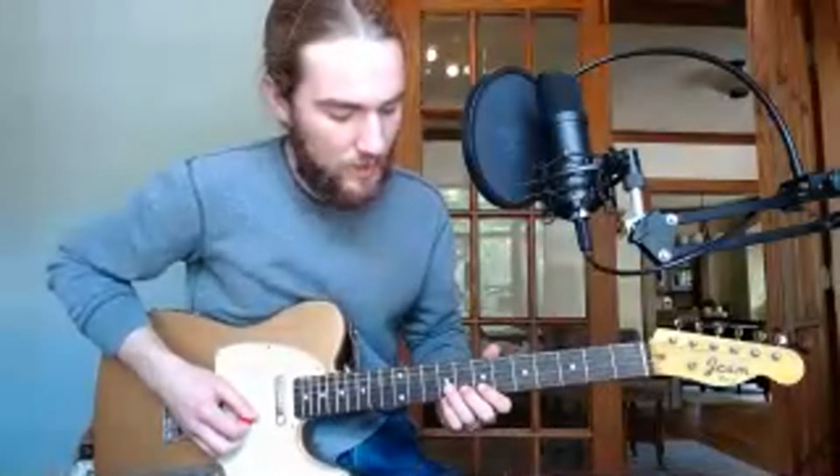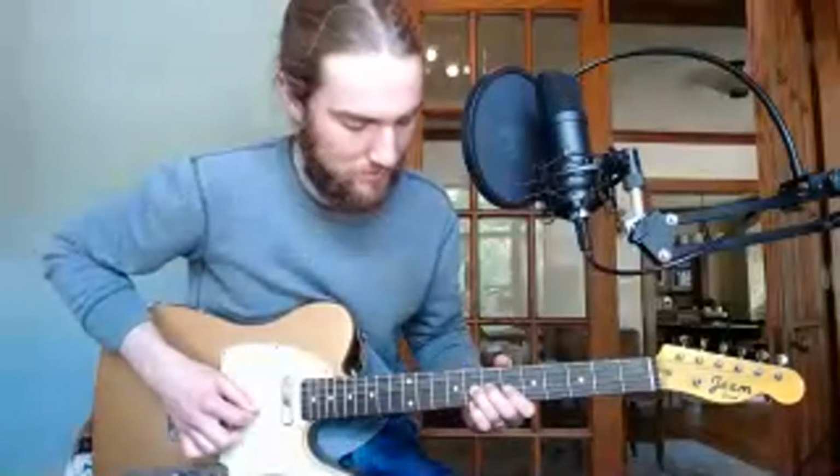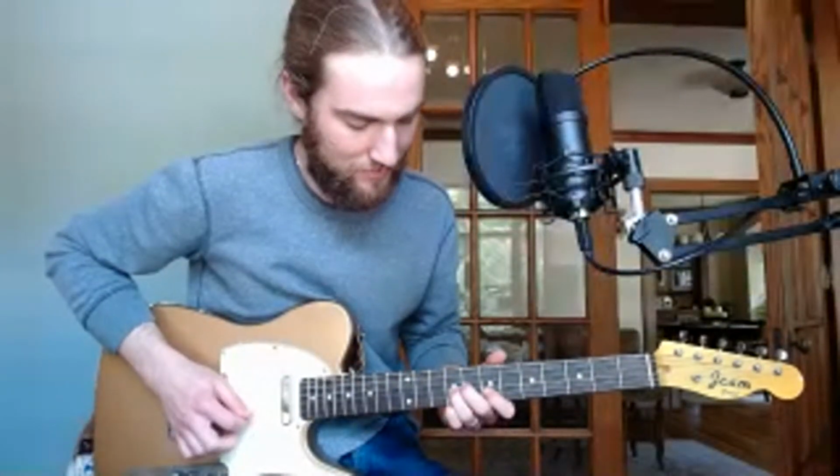One little thing that he'll do on this is he'll play C sharp and F sharp, and then hammer on to the G, like a flat 7 thing. And then into that double stop. So it might go like... right into it. That's a great lick. I probably use it too much, where you go...